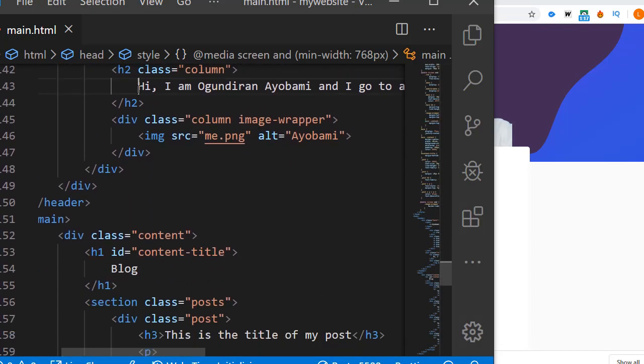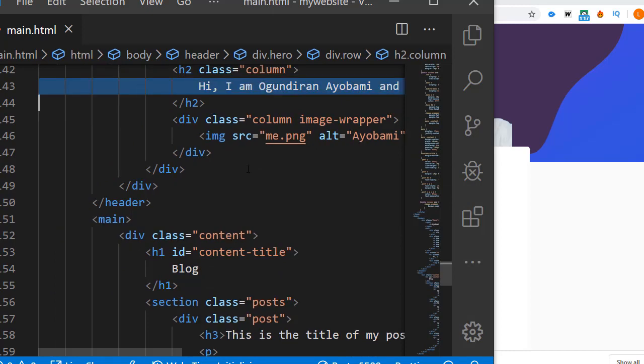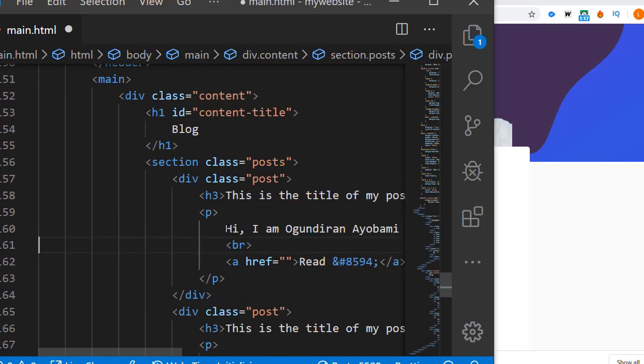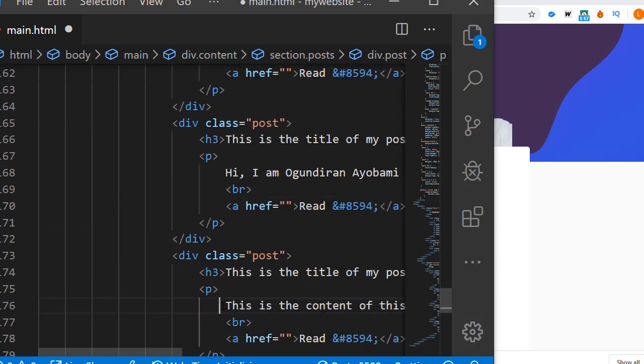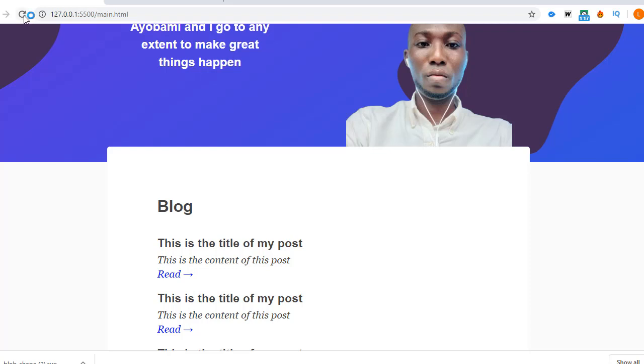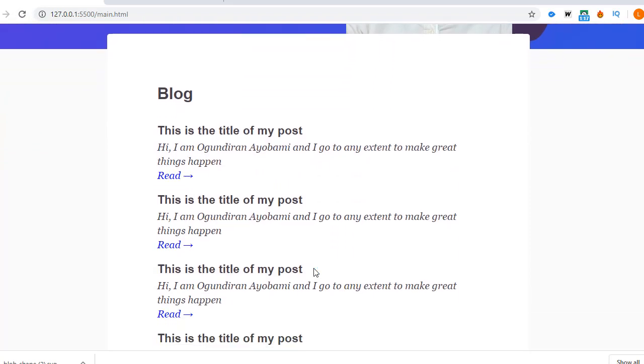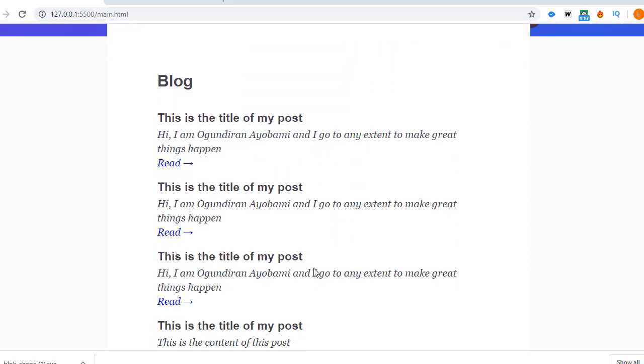I copy this line, then I paste it here. That's what I'm doing. I want you to feel it. It's not compulsory, but I just want you to feel it on top of the word, and that's how I'm doing it. So let's save it and reload this and see what happens. You see, that's it. It can be longer. You can arrange it in a different way you like.